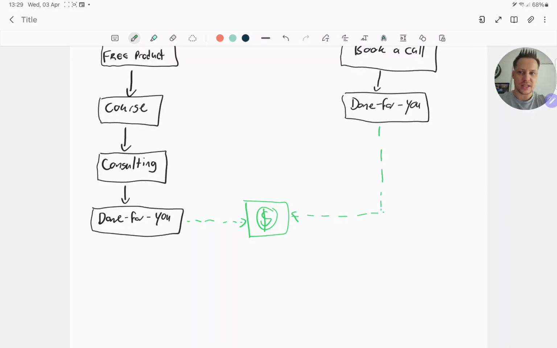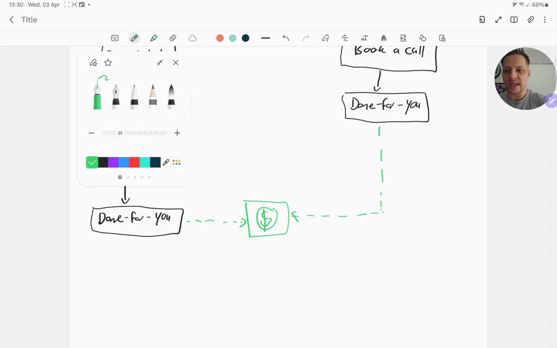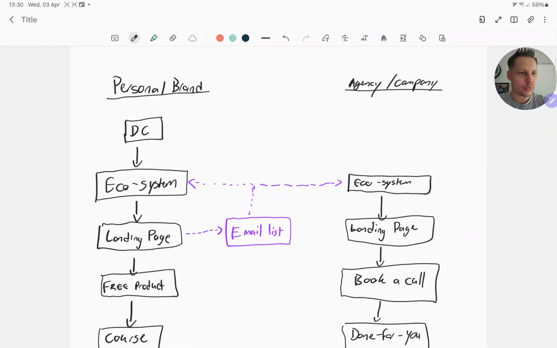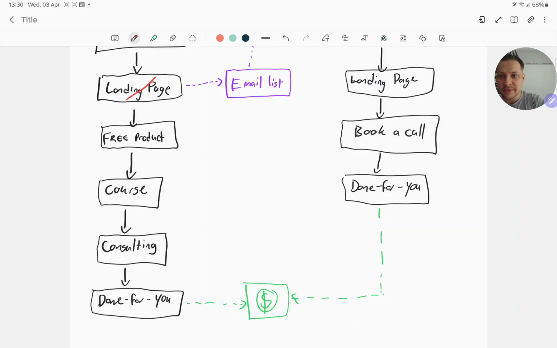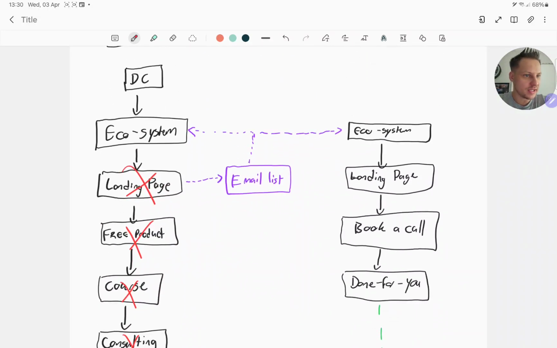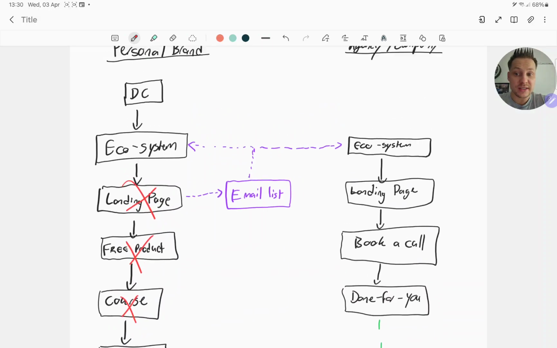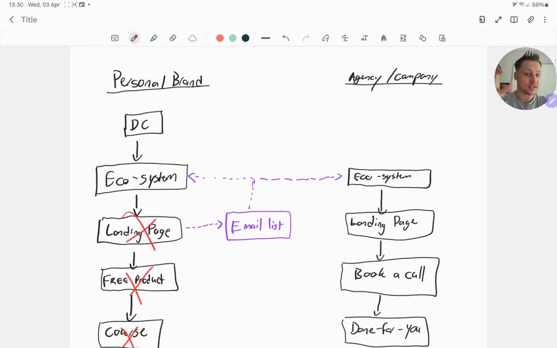Now you can have this as well in a way where you don't monetize your personal brand. You see people like Gary Vaynerchuk doing that, right? So he creates daily content and puts it into his social media ecosystem, okay? And this whole section over here, he has none of this, right? So from his personal brand, he doesn't give this to people. Well, he never used to. I haven't checked up on the guy for a while, but he never used to do that. But what he'd rather do is use his ecosystem and say, hey, look, if you like me here, please go look at my agency.